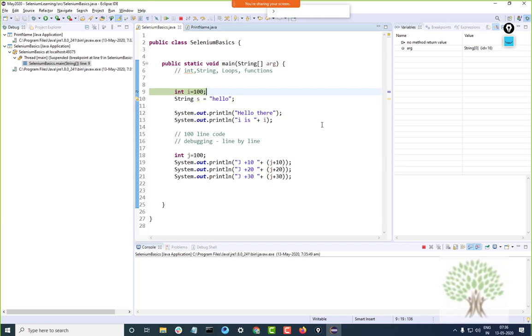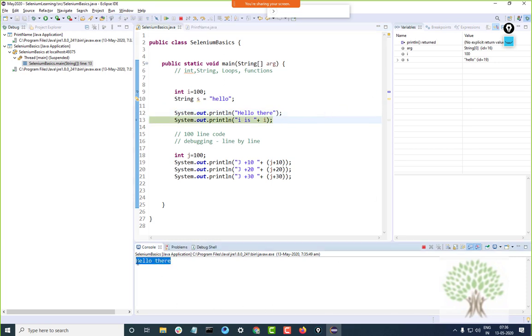It switches to the debug perspective. You can click F6 on the keyboard, and if you hit F6 this line will be executed. If you keep on hitting F6, the lines keep on executing. See, it is printing hello there, and on the left side you will see a variables panel.